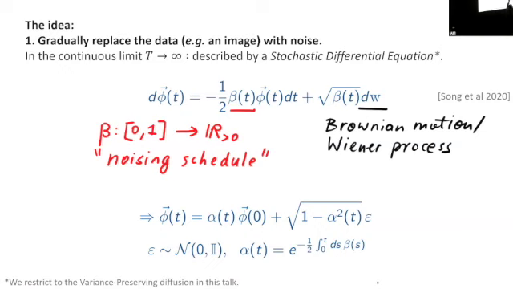So at time t, where t is somewhere between 0 and 1, the signal will look like some damping factor of t, which is between 0 and 1, given by the exponential of the integrated